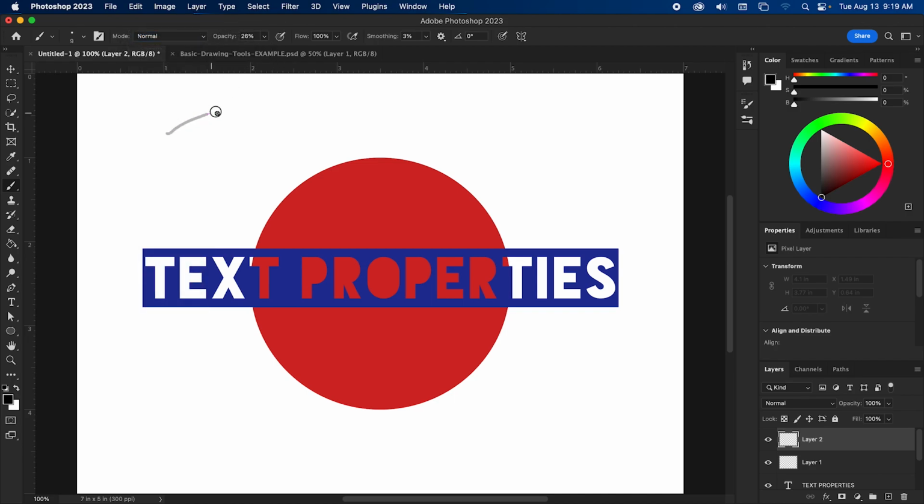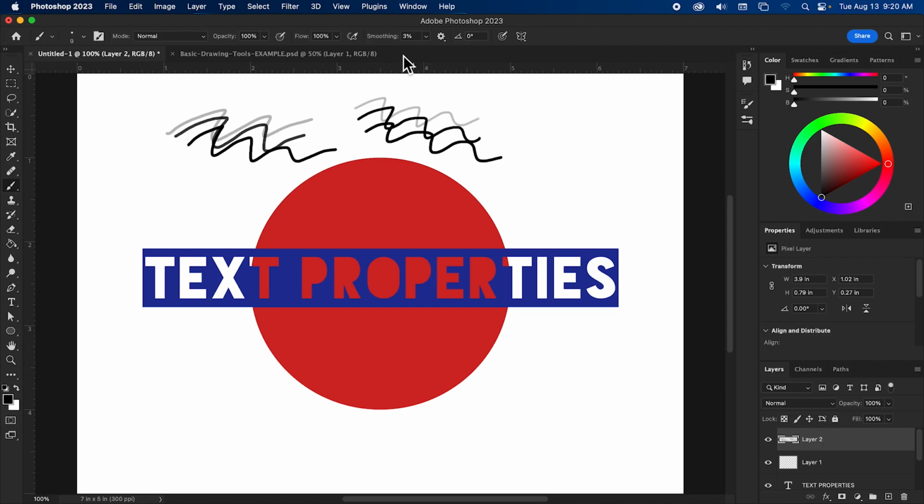Opacity, which is how opaque, or how solid versus transparent, the brush is. Flow isn't going to matter as much, but basically that's how much quote-unquote ink comes out of your brush.